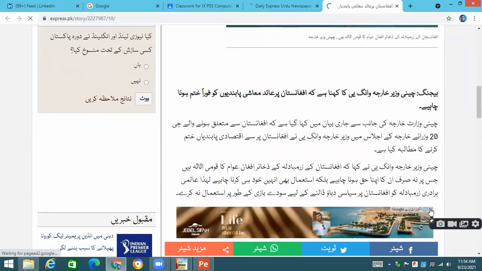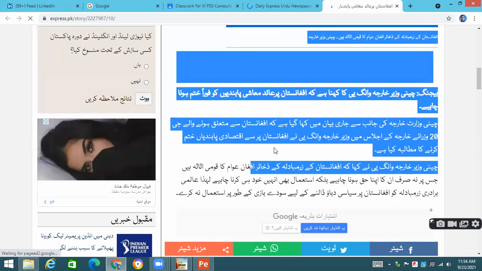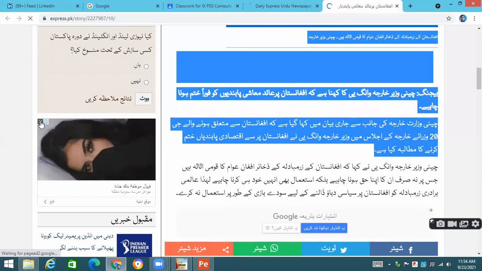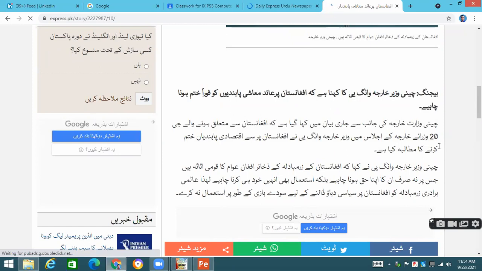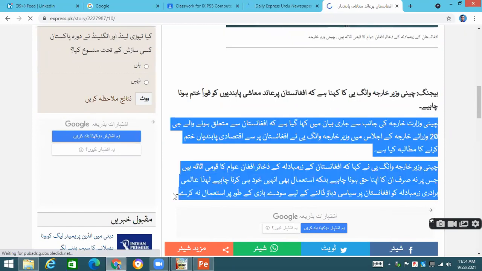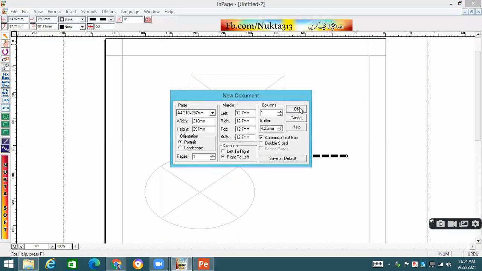This is the Urdu text I want to bring into my work. If I copy it here and paste it in Urdu InPage for the sake of editing, it will not work.